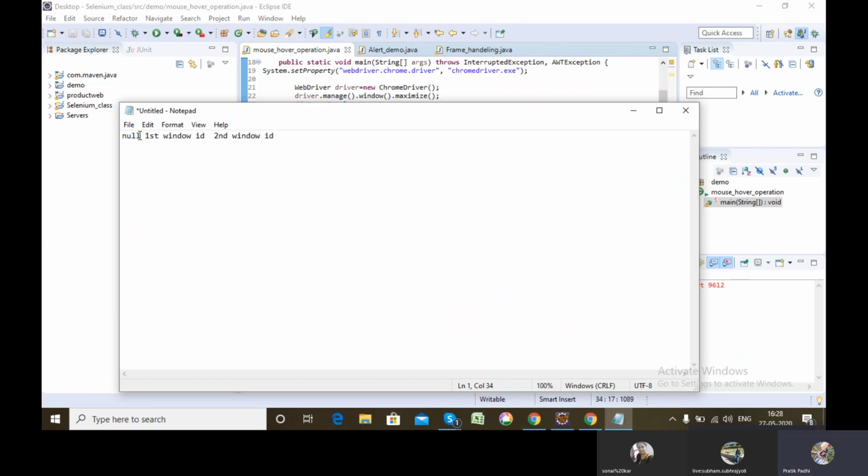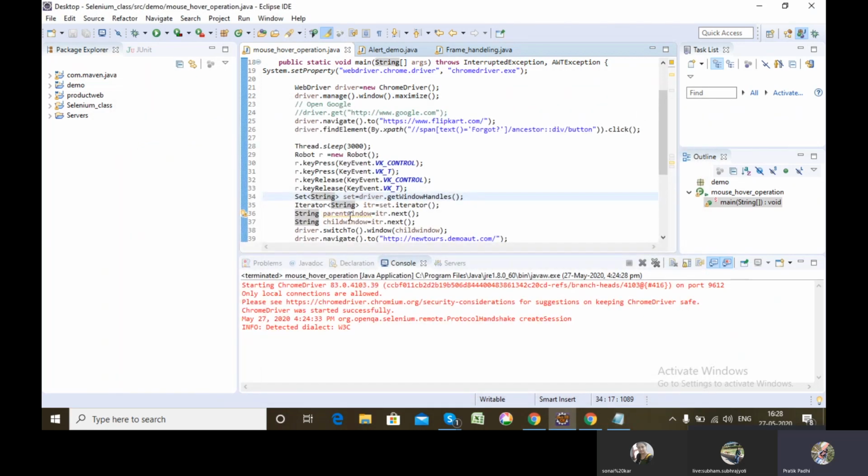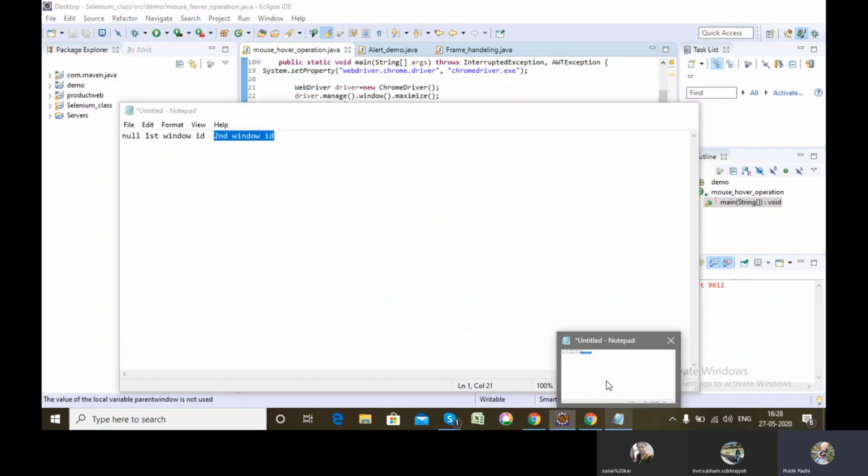So three values will be stored in the iterator. The first one is null, meaning no value. The second is the first window ID, and the third is the second window ID. If I need the parent window, that is the first tab ID, I will do itr.next, because the first value is null.